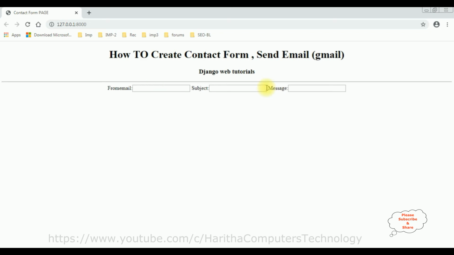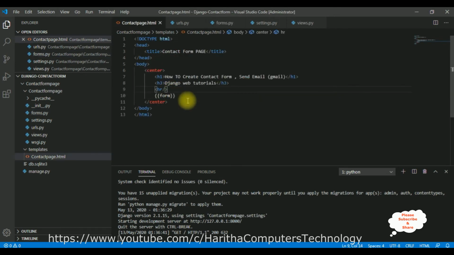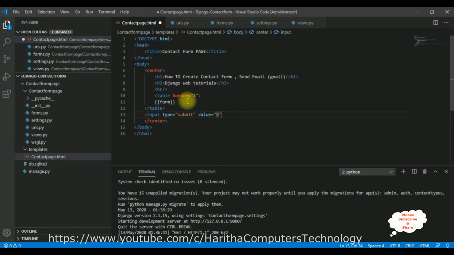Now let's put this in a table. Go to contact page.html. I'm putting this in a table element with a border equal to 1. I'm closing this table element after the form. Then we require one button control also. So input type is equal to submit, and the value of the button control is send email. Close the button control. That's it. Let's save this file,